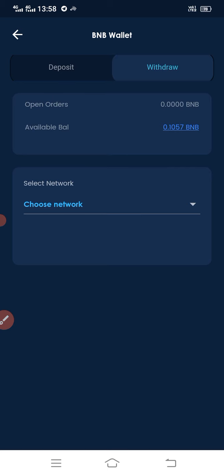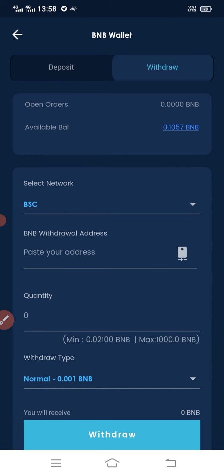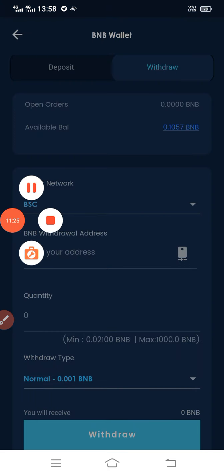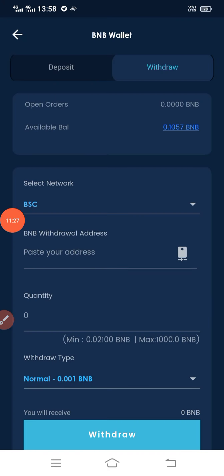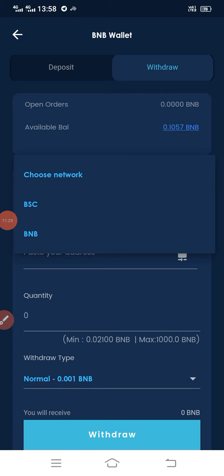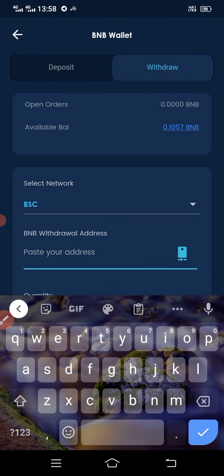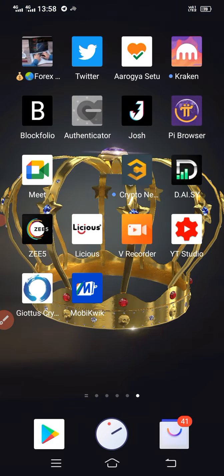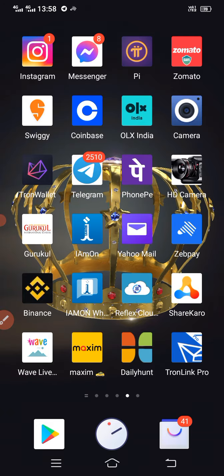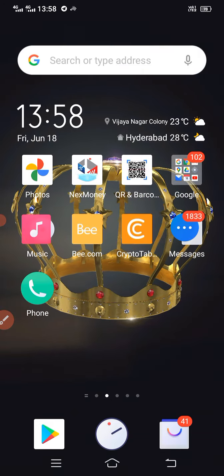I'll go for withdrawal. BSC. You see here? That is what I want to show you. When you go for GeoTas, you no need to swap. Directly you'll get the BSC option. Now where do we have to withdraw? Paste the address. So I'm pasting the address here, my Trust Wallet address.